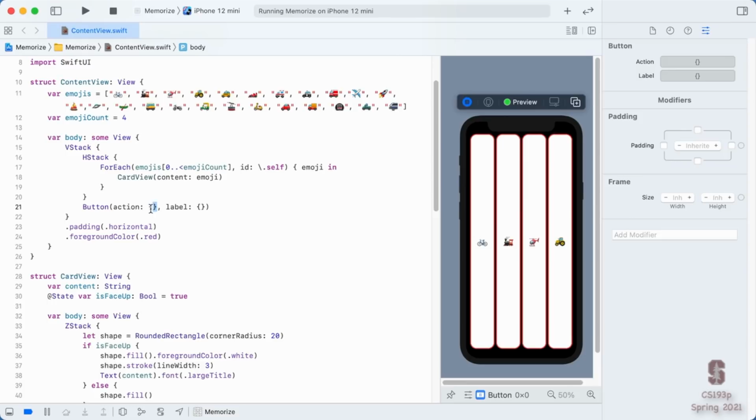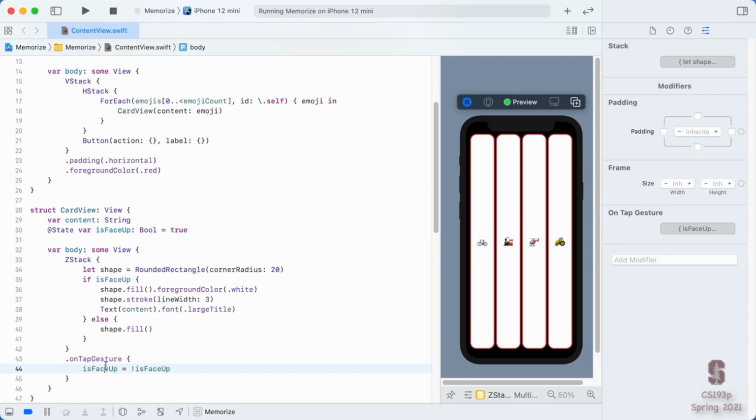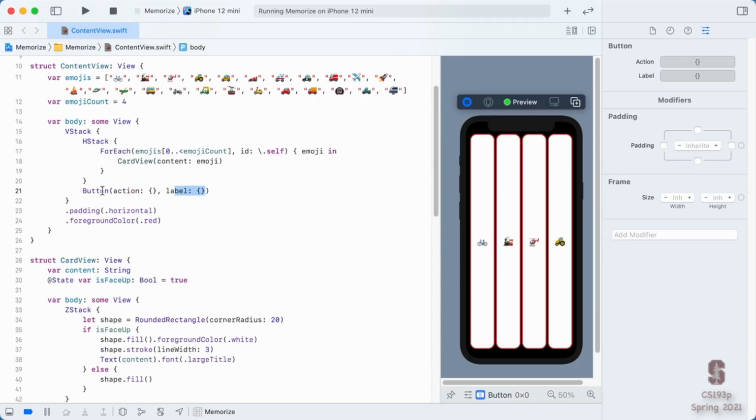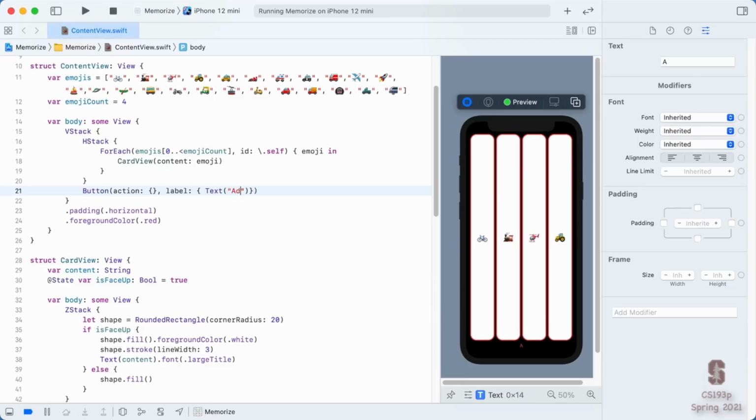It makes sense that the action would be a function, similar to onTapGesture having a function right here. But what about label? Why is the label of a button a function? Well, the label is what the user sees on screen to tap on. And usually this would be, for example, a Text, like our Text that might say add card, something like that.